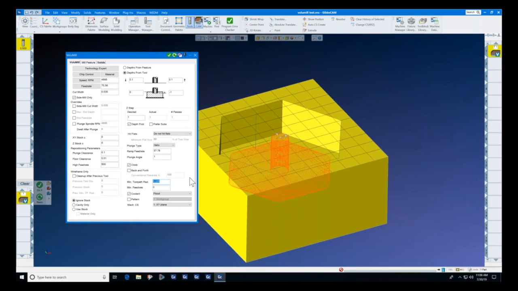Now on this part, I should have thought forward a little bit better, but if I make this 10 thousandths, it's probably going to say, no, it's giving me a toolpath. But if I had a small confined area, it might give me a